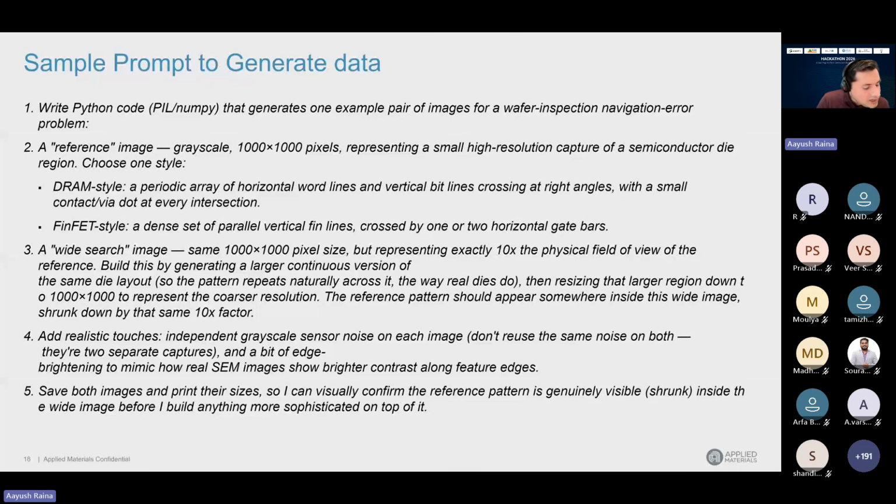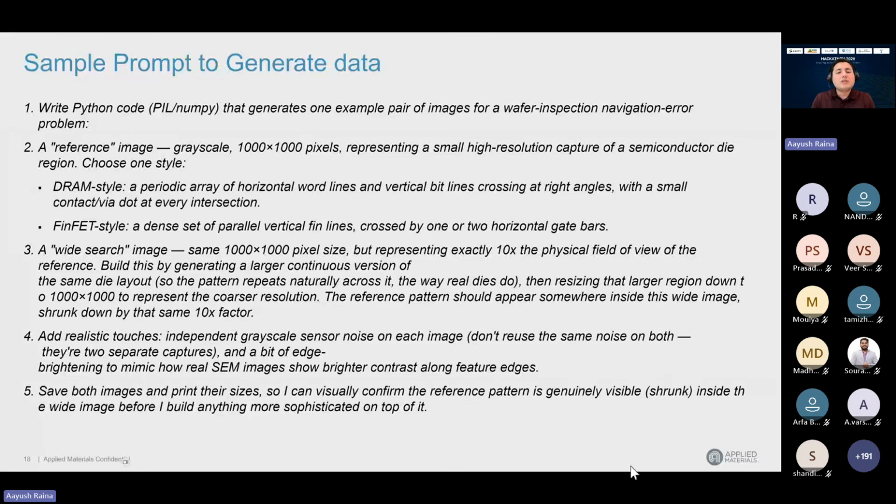Swapnil asked what is the approximate nanometer to pixel ratio. I mentioned it for your reference. One pixel is 1 nanometer in a 100x image, and in 10x it becomes 10 nanometers. You should give this information in your prompt so that the AI model also knows what kind of image it should generate, because it will have some knowledge about these data sets. And then you can give the citations which I gave.